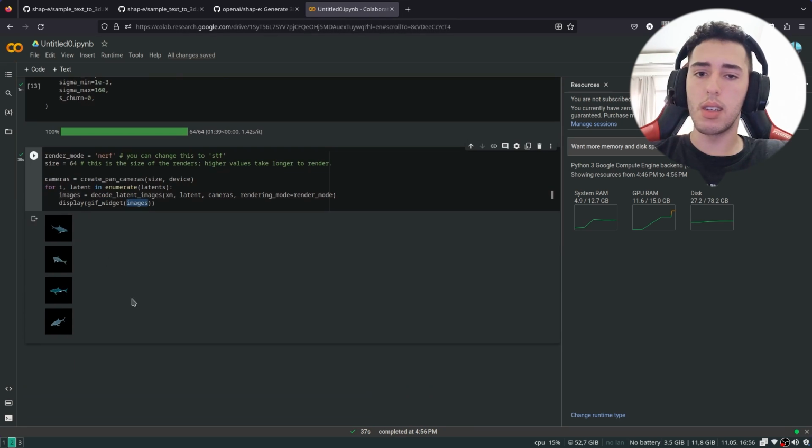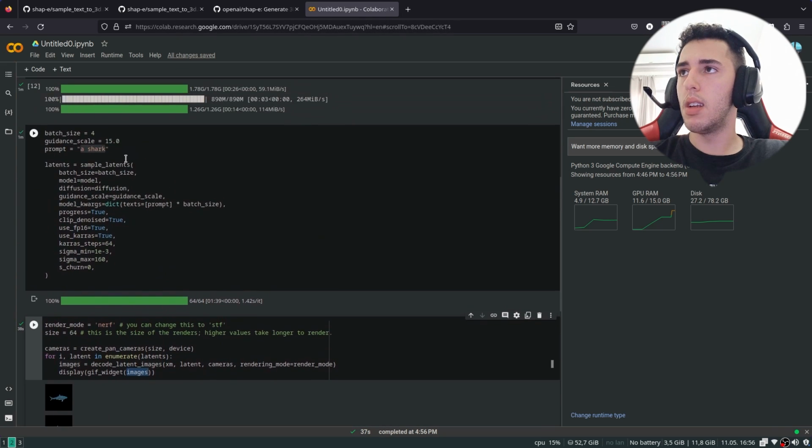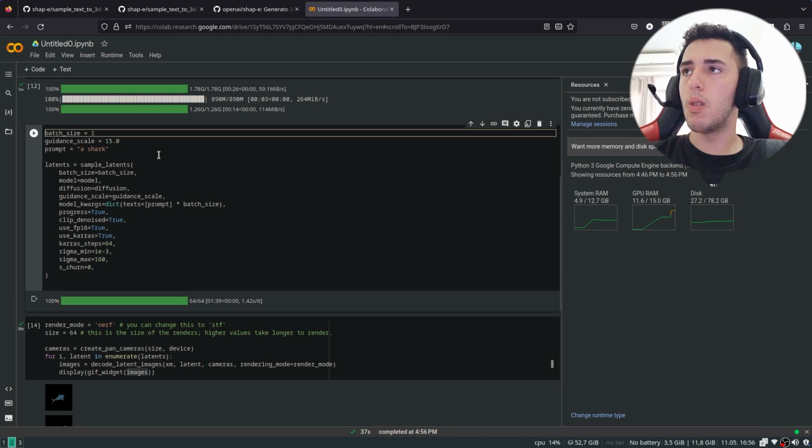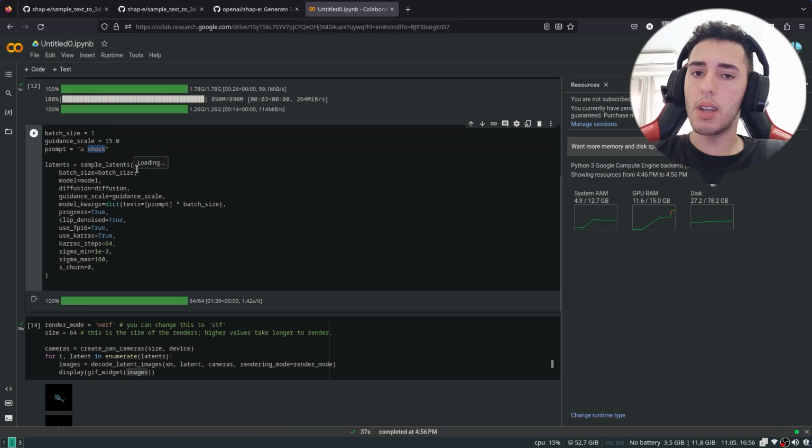So here are the 4 images that they generated. Here we can add how many generated images we want. So I will add just one little image, and let's try to write another prompt to see if it works.